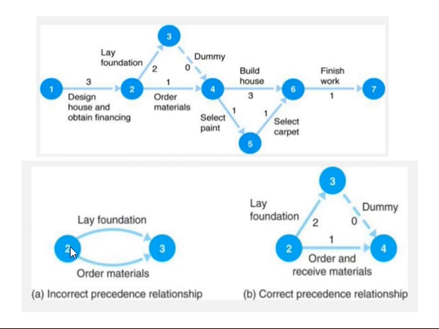So if two activities are simultaneously emerging from node 2 and meeting exactly at node 3, that is not possible. In such cases, we need to introduce a dummy activity shown by a dotted arrow symbol. It does not consume any amount of time duration, but it is part of the network diagram we need to construct. This is one of the rules when constructing a network diagram.